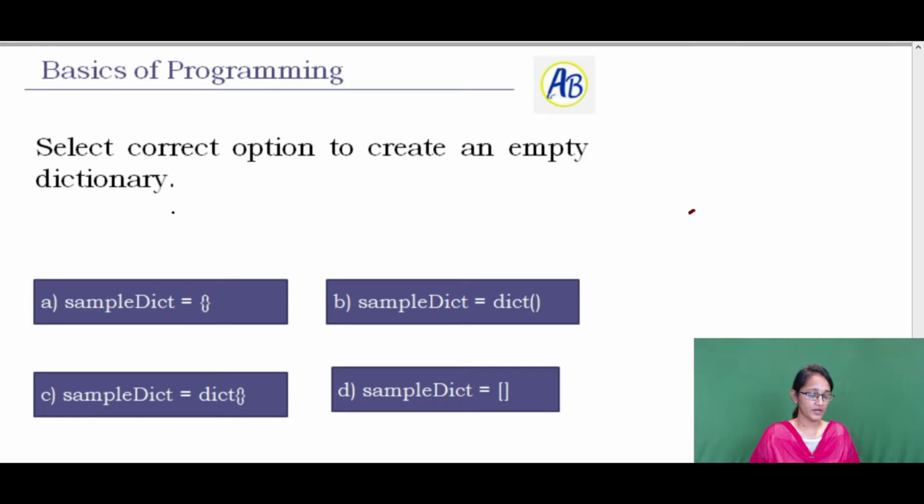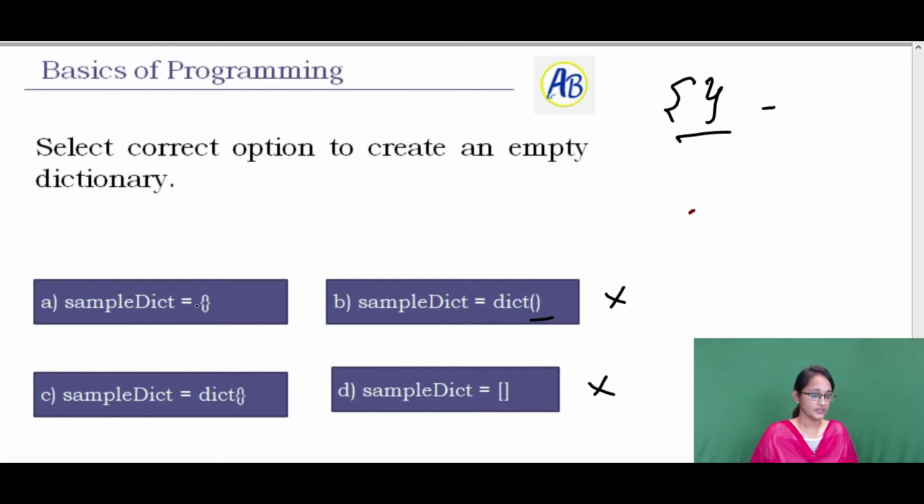You can see from option A, a dictionary is always represented by using curly brackets, and a dict is mutable. Next thing about the dictionary, it contains both the key and values. So you can short the answer by using this bracket. This bracket is not applicable, this is not a representation of a dictionary, and this is also not applicable, this is also not a representation of a dictionary.